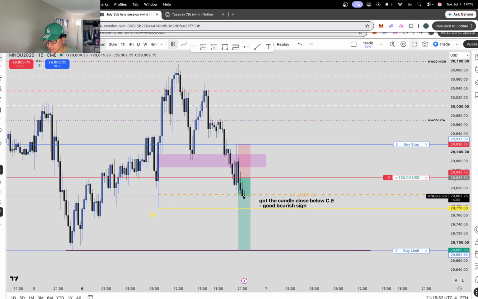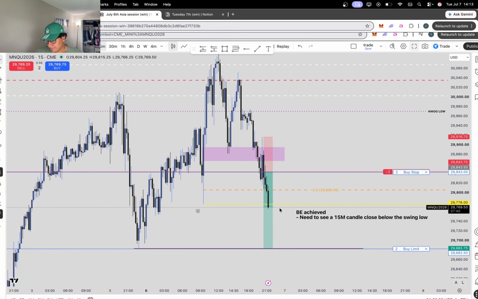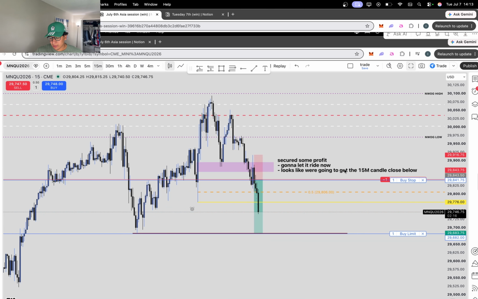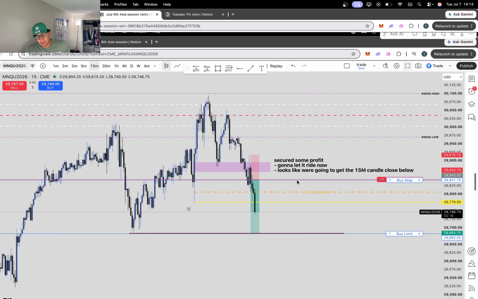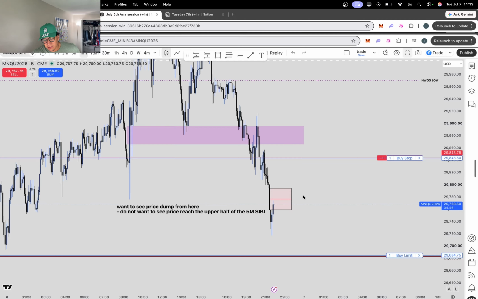So boom, as soon as we got that, I felt pretty confident, and like I said, it's a good bearish sign. Eventually we did deliver all the way down, achieving my stop loss to be moved to break even. So now we're risk off, which is always a great feeling. I decided to secure some profit and was just going to let it ride all the way down to the final TP. However, we get this 5-minute SIBI right here,